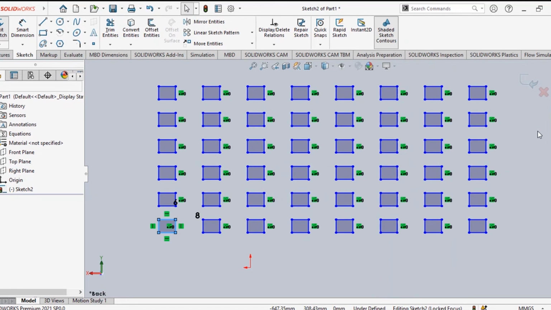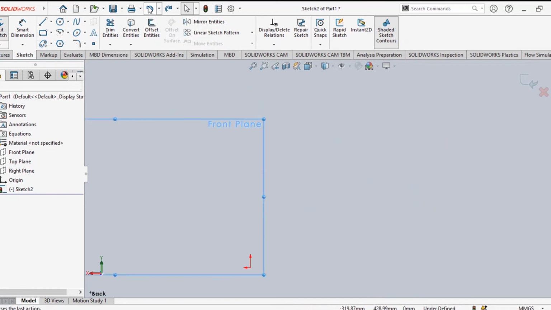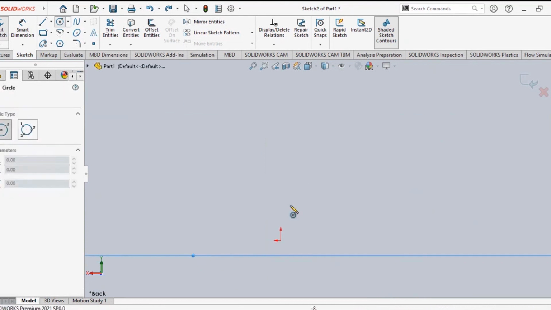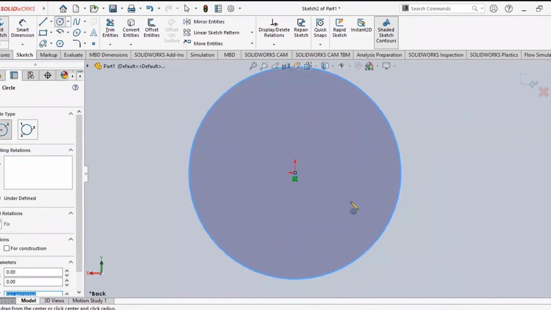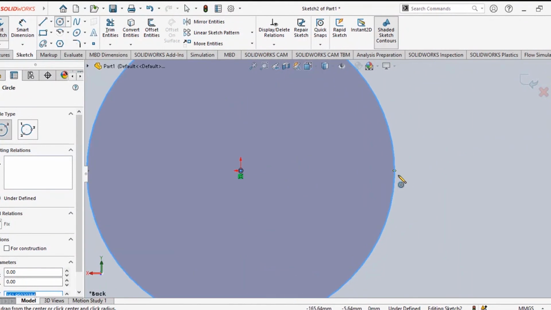How can it be done? I'll show circular pattern again. So for that you have to undo these things. You have to have some space. We undo these things. Suppose you want to make one circle, and with respect to the circle you want to make some other patterns. Select one circle. We made one circle here. Now suppose at the periphery you have made one circle.